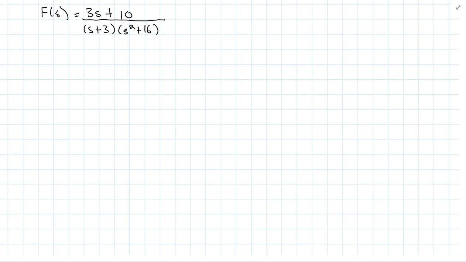Okay, so in this video we're just going to go through another example of finding f at t given f at s. So we have f at s is equal to (3s + 10) over (s + 3)(s squared + 16). So again here we are going to be splitting this into parts. And now because this here is a linear term,